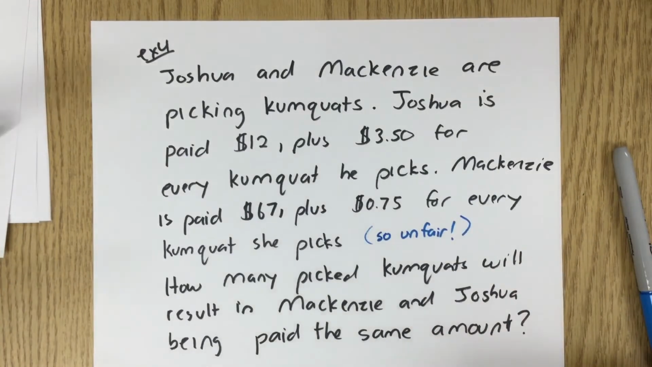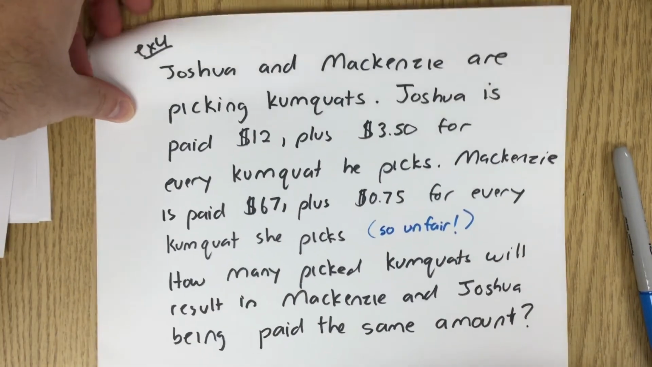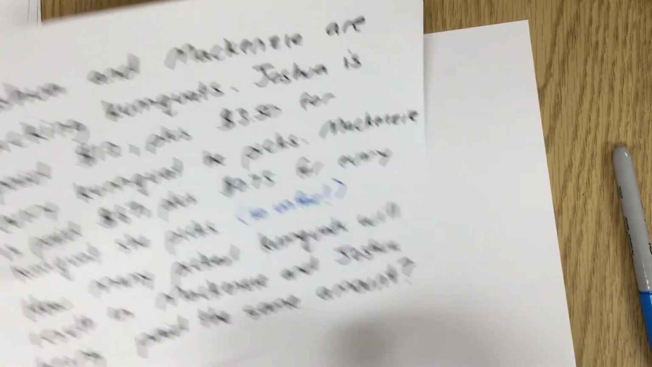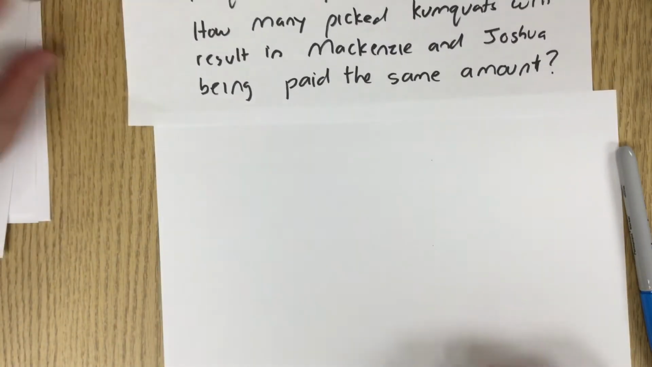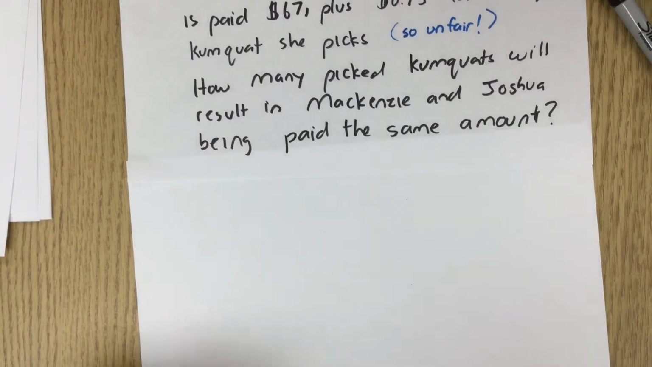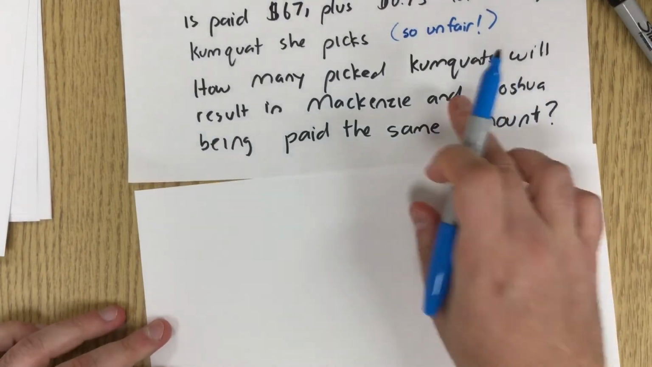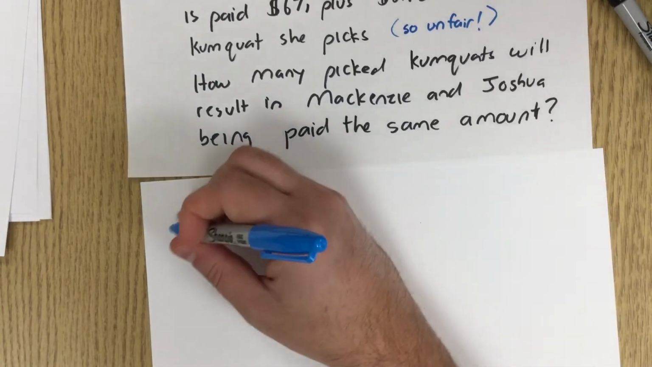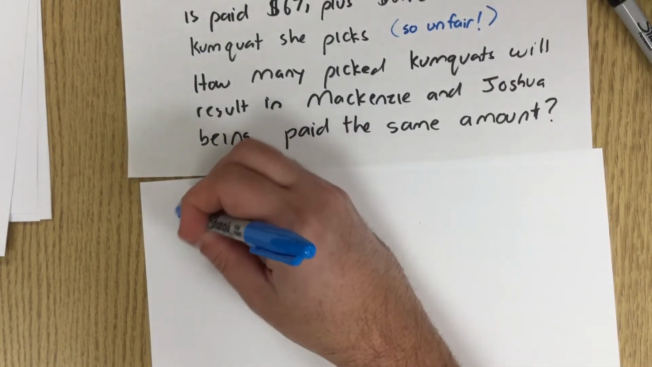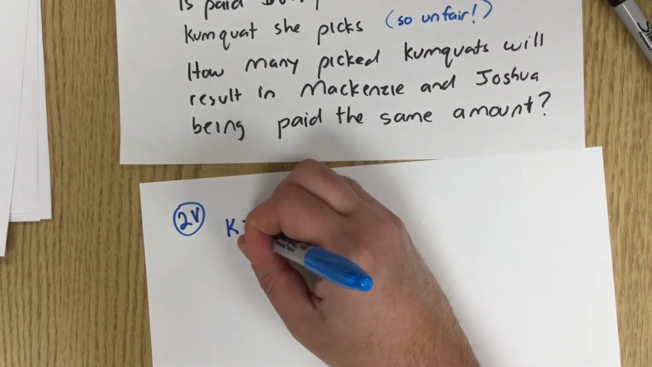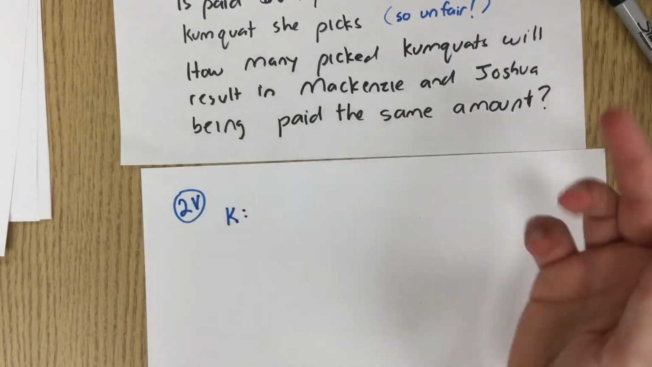This is a different type of question. So for this one over here, I'm going to do the variables over here. This is going to be more of like a y equals mx plus b thing. We're looking for where 2 equations meet. So it's how many picked kumquats will result in Joshua and Mackenzie being paid the same amount. So 2 variables in this case, so it's definitely this one. So K, we want to know how many kumquats. So it's going to be